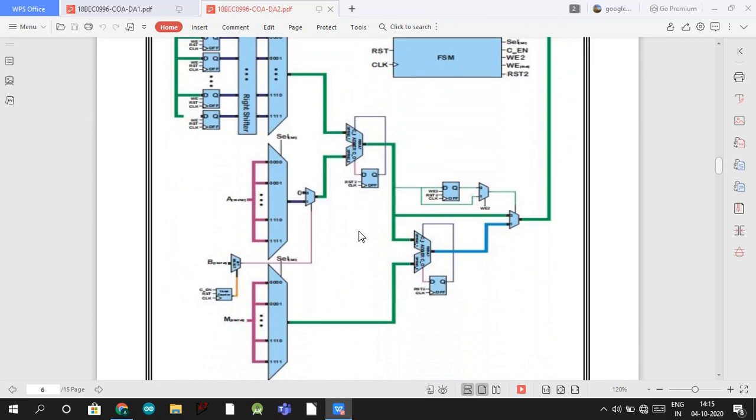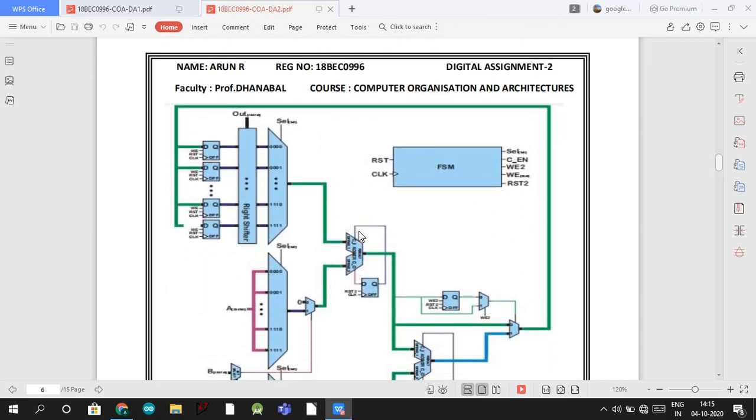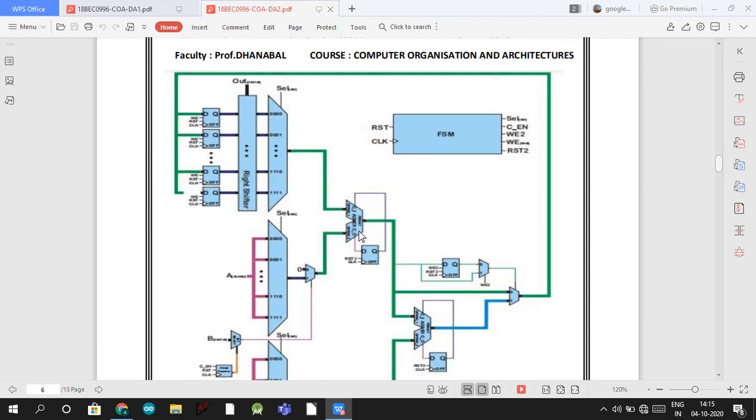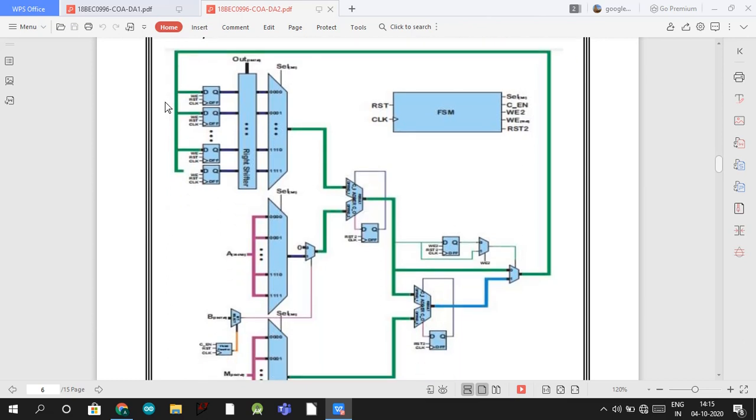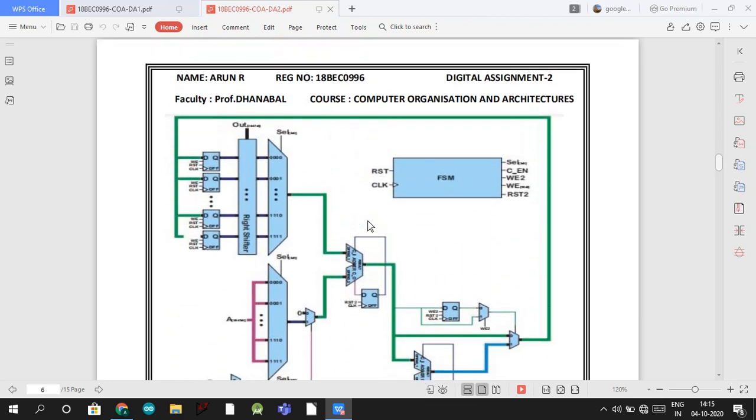This is for the 180 bit adder. Here is the functional diagram for this 180 bit adder. It also has some flip flops, some arithmetic logic units, and some adders. You can see I made this using draw.io.